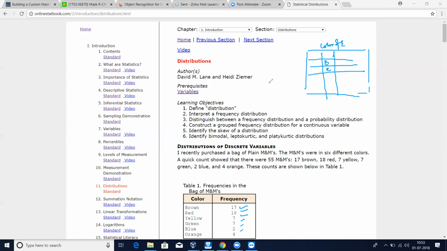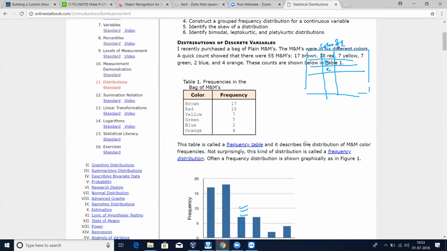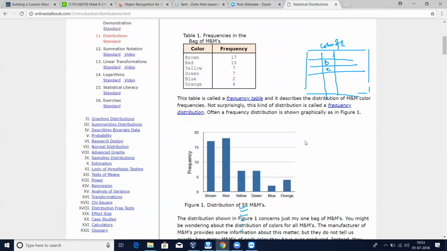So it basically tells you the distribution. This is the frequency table first of all. If you plot it, we use a bar graph for plotting it. This is the categorical value, and this is the occurrence. So if you have to show a distribution like this, you can use a bar graph. Just keep this in mind: this is the categorical value and this is the occurrence of it.